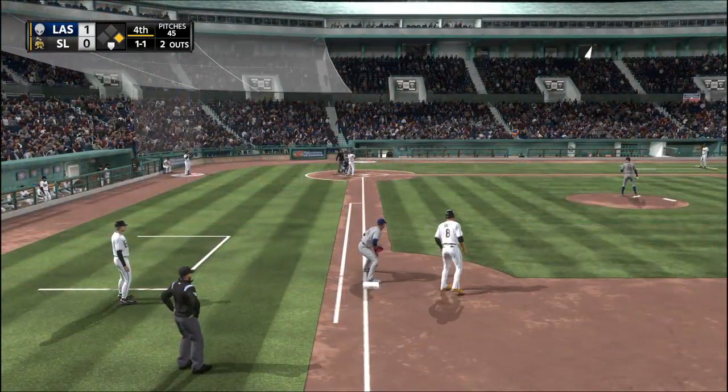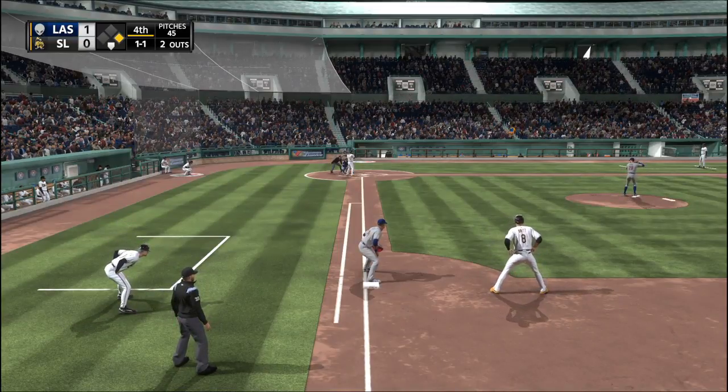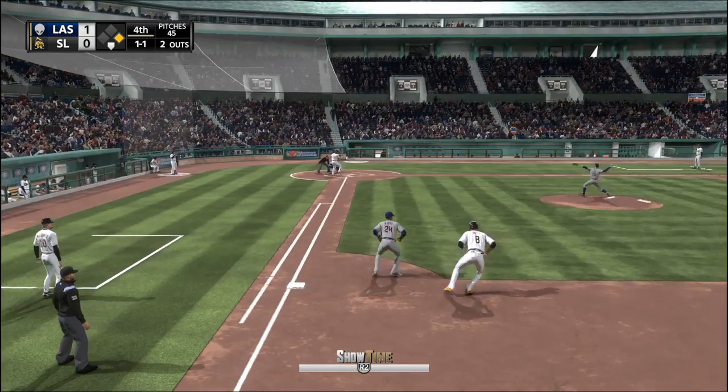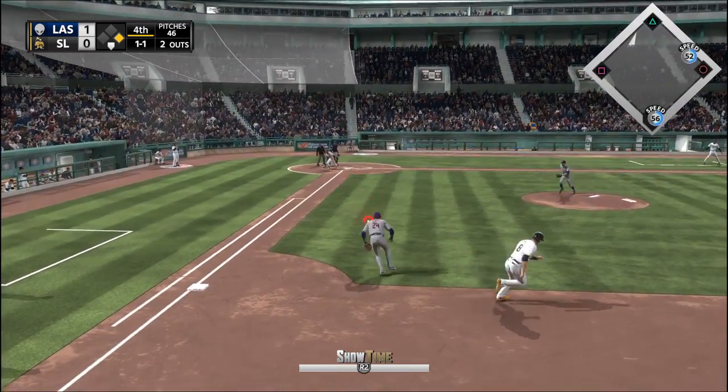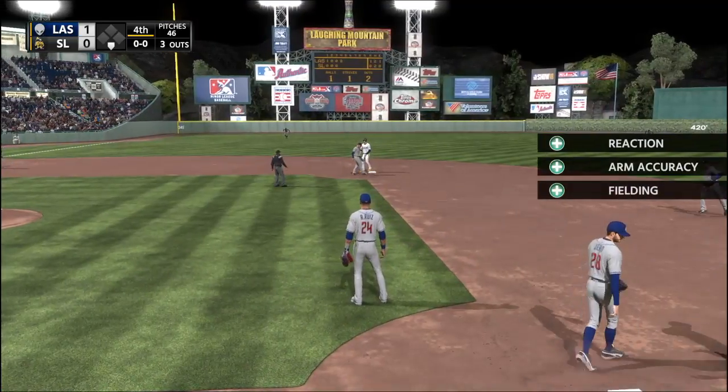Stepping in, Caleb Coward. He's 0 for 1 after grounding out in his only trip to the plate so far. Crowbar. This is on the ground over to first. On to second for the force out, and the side is retired. Chase Headley will be the one to start us off when we...